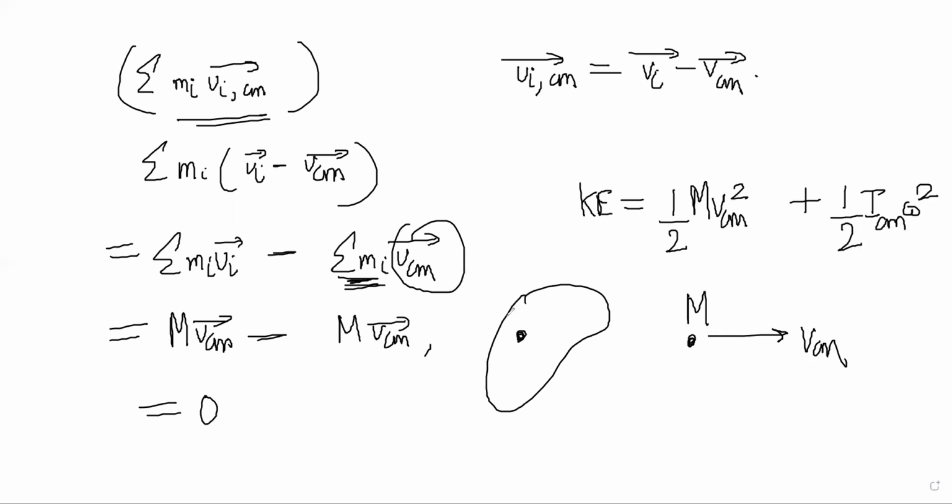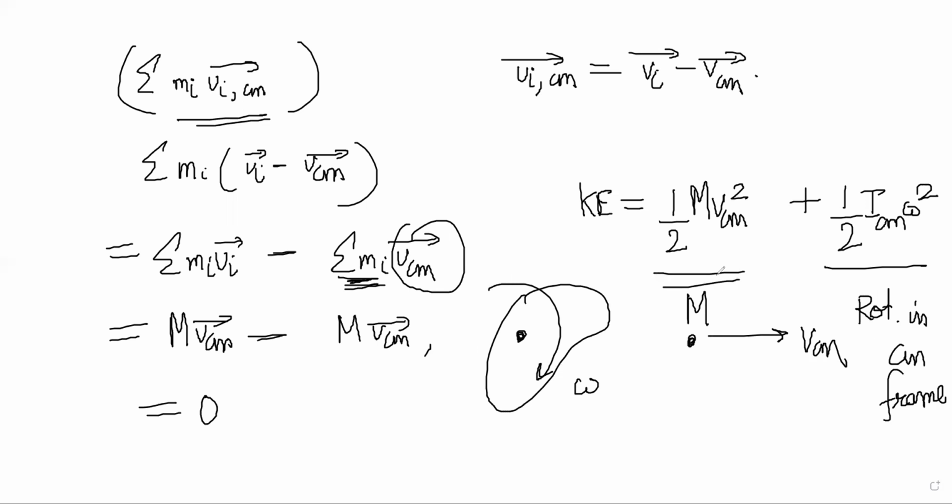Then think about it as, in the center of mass frame, a pure rotation about the center of mass. So one rotation term which is in the CM frame, and one normal term as if it is moving like a point particle. Those two terms you have to combine. If you keep in mind that it has a translation part and a rotation part, and the rotation part has to be in the CM frame, then you will get it right most of the time.